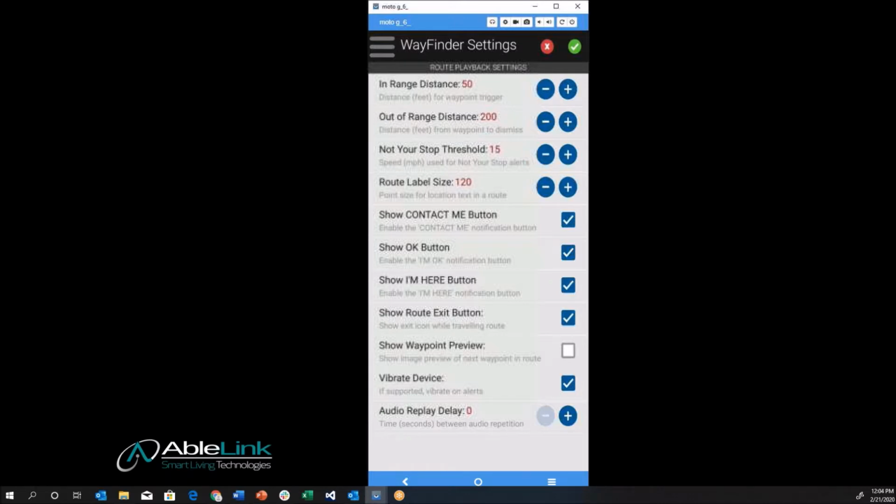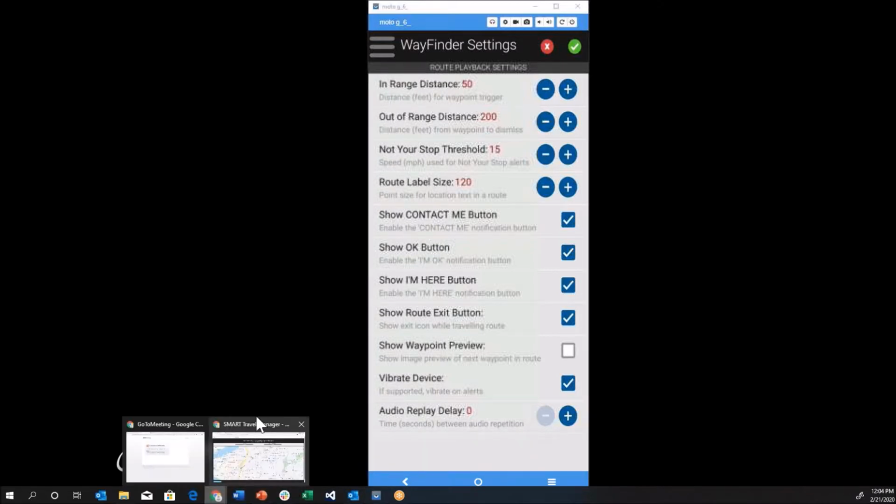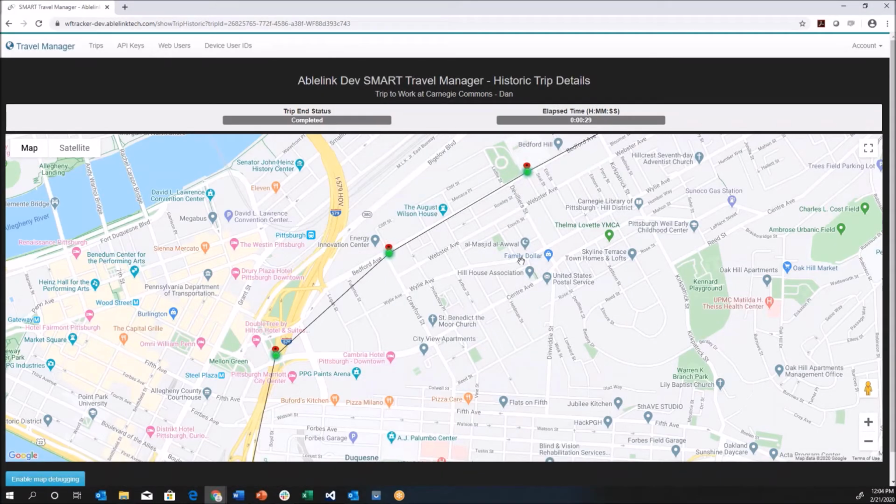So first, let's talk about the in-range distance. By default, it's set to 50 feet. What that represents is how close you are to a waypoint before the waypoint will trigger the instructional picture and audio. So for example, looking at this map with each of these red pins representing a waypoint on a WayFinder route, as you approach the pin, the in-range distance indicates the number of feet away from that pin before that